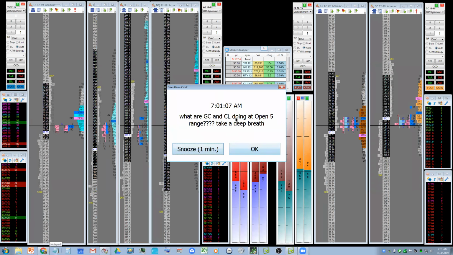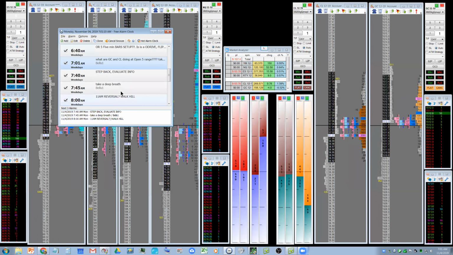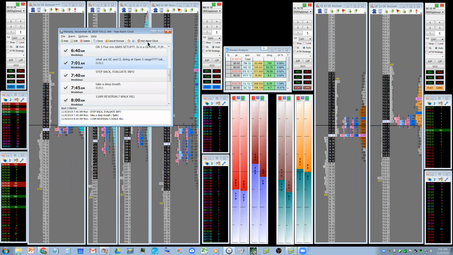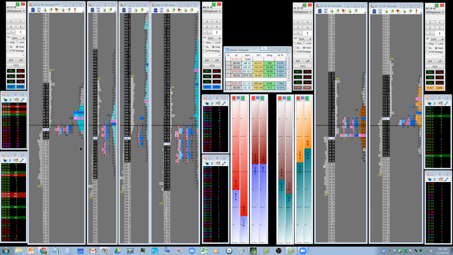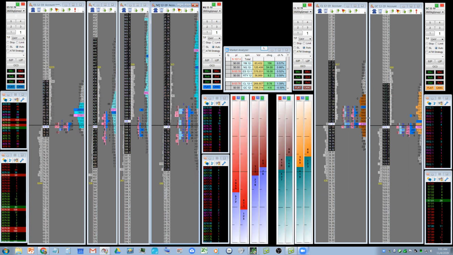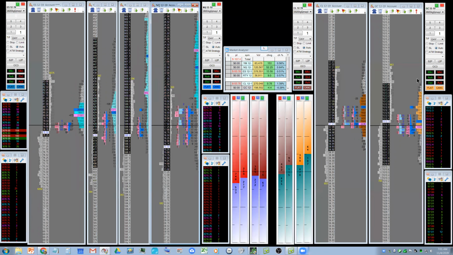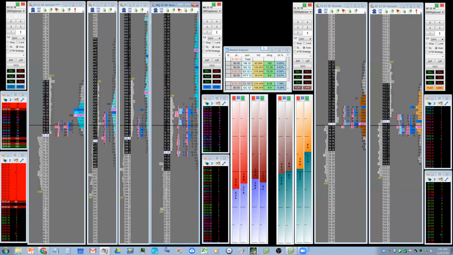Okay, this is a good example of my little reminder program. I'll bring that back up so we can actually read it. It's this one right here: what are gold and oil doing now? I put that there because I often forget to look. We're over here focused on the indexes, and there could be a good trade setting up over here. There isn't. They're doing exactly the same thing, and that's really rare, but look at that. You've got a really beautiful profile building. So I would be interested at the edges in all those cases.